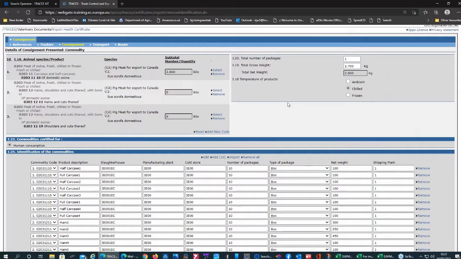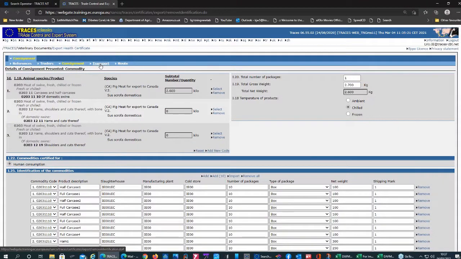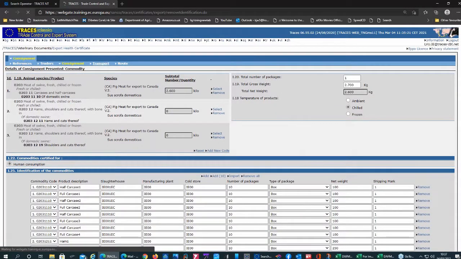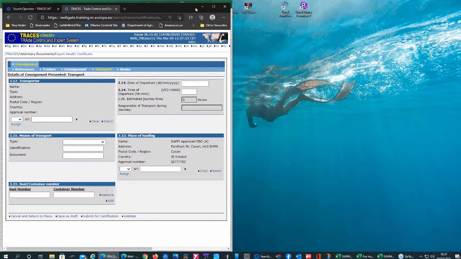I have now completed the consignment page. So what I now do is I come in here to transport. And again, we must make a decision on who the transporter is. Now, the transporter's name that's going in here, I have the transporter listed down here as Transporter General Trade org